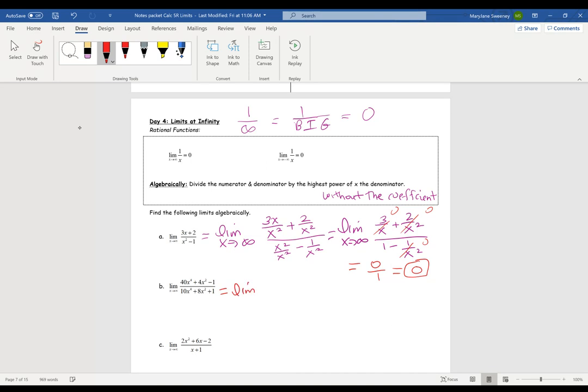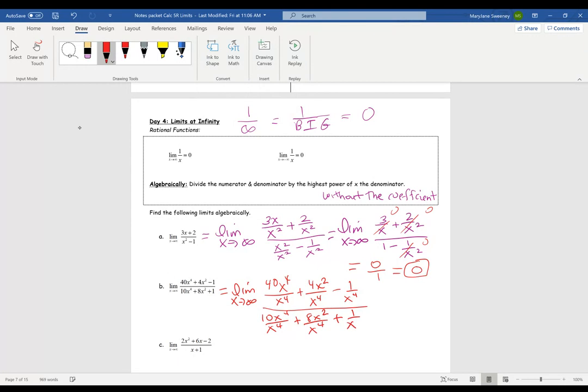So again, limit as x approaches infinity. We're going to divide by the highest power of x in the denominator, which is x to the 4th. So 40x to the 4th is going to be divided by x to the 4th. 4x squared is going to be divided by x to the 4th. Negative 1 is going to be divided by x to the 4th. 10x to the 4th is going to be divided by x to the 4th. 8x squared